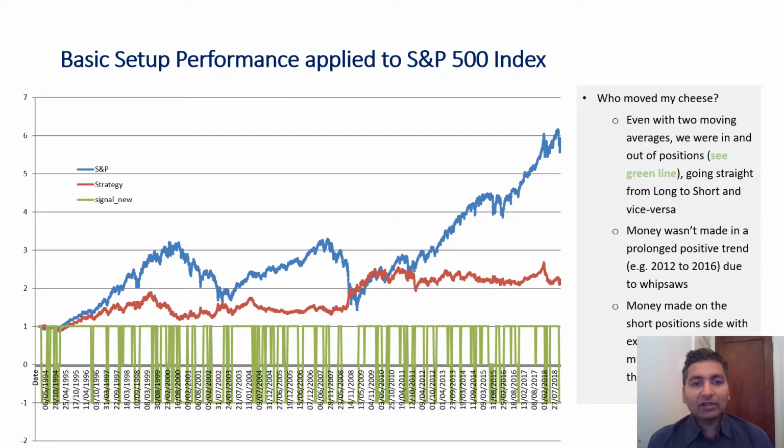In this chart, you will see that we still have the S&P 500 in the blue line, the strategy is in the red line, and over a 25-year period the strategy has not grown beyond double. And the green plus and minus one shows there's a frequent whipsaw. What is most notable is the 4-year bull market period from 2011, 2012 onwards to 2017. We have been in and out of positions, whereas it would have been better if we just stayed long in those positions. On the short side, there was some increase in the value of the strategy in the 2008 period, but normally, whenever the strategy is meant to be short, we haven't really gained too much money. It has at best stayed flat.